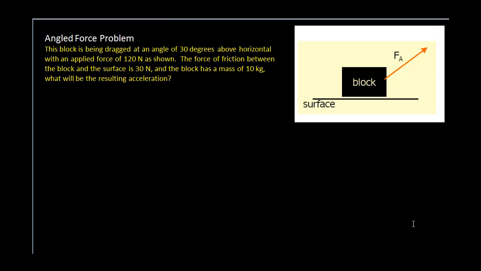Today we're going to tackle the little bit more difficult problem of dragging a box along a frictional surface at an angle. Now this is very similar to the problem of dragging a box horizontally, except for the applied force being at an angle is going to give us a little bit of a problem, but we'll be able to get through it. So it says this block is being dragged at an angle of 30 degrees above the horizontal